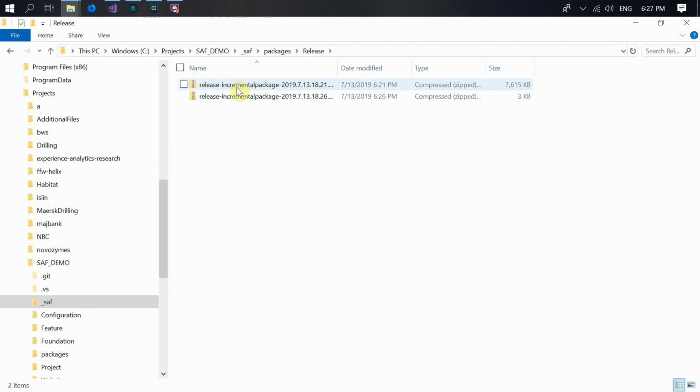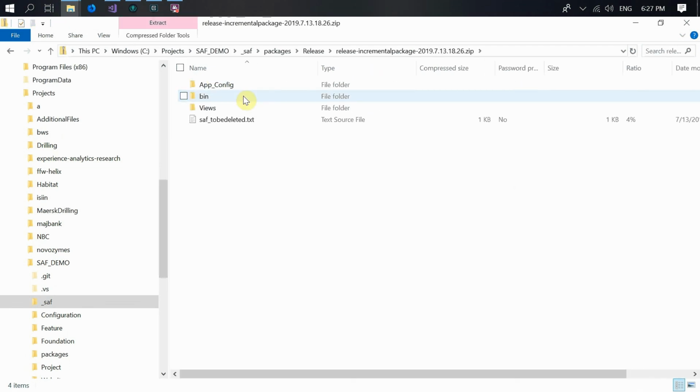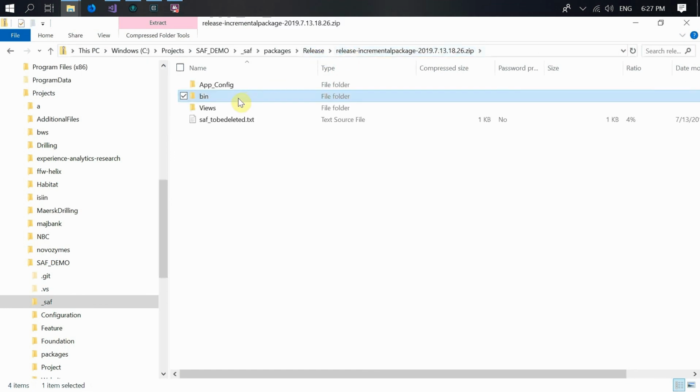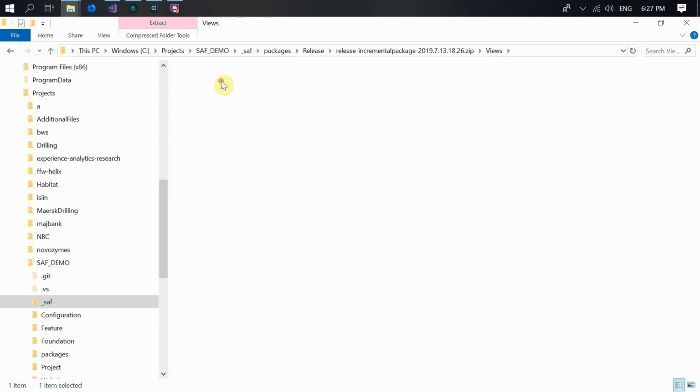here in the packages, in the release, so this is the latest one. It's only 3 kilobytes because it includes only what we need here. And here in the include, we see that we have our new config file which we added. We see that we have only the foundation DLL because we updated only the foundation. We have our updated view,